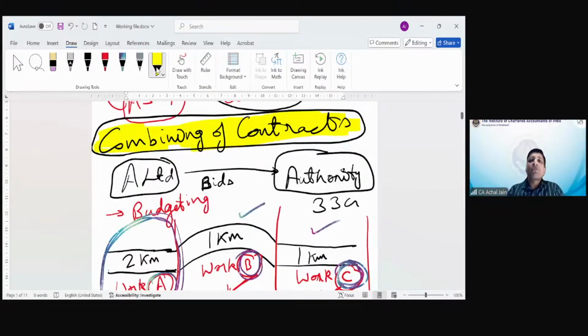Why? Because we are going to look at how these contracts are really required to be approached. How do you decide whether, even if there are three separate legal contracts, we should not be treating them as separate? Instead, what should we consider? As if they are a single contract. That's the situation we are required to analyze. So all of those financial implications and legal implications are not relevant.